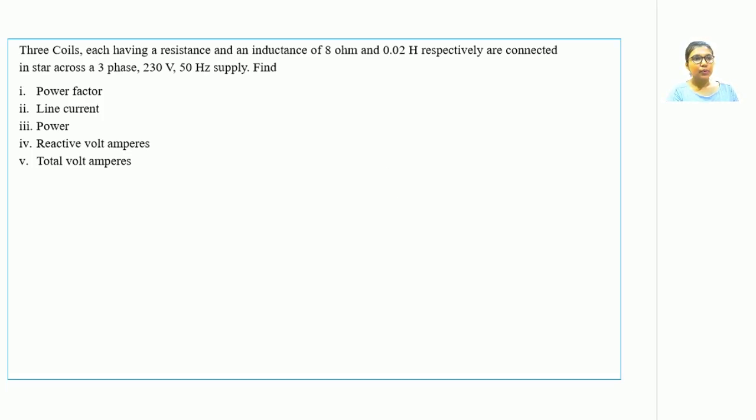So this is the first question. It says 3 coils. Likewise, single phase. Over here, you will have all the concepts. You will have coils into picture, you will have a series RLC circuit into picture, you might have a parallel connected load. So every concept that we have studied earlier can be asked in a three-phase numerical. So coils. What do we mean by the word coil? The coil refers to the fact that it comprises of a resistor in series with an inductor.